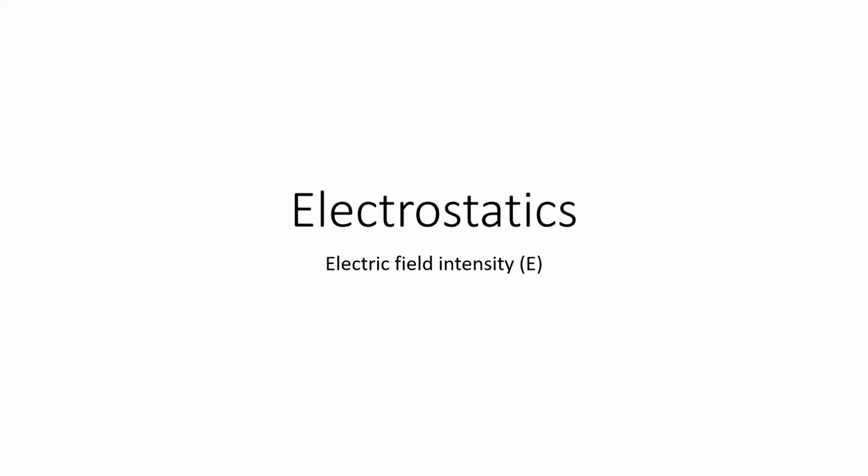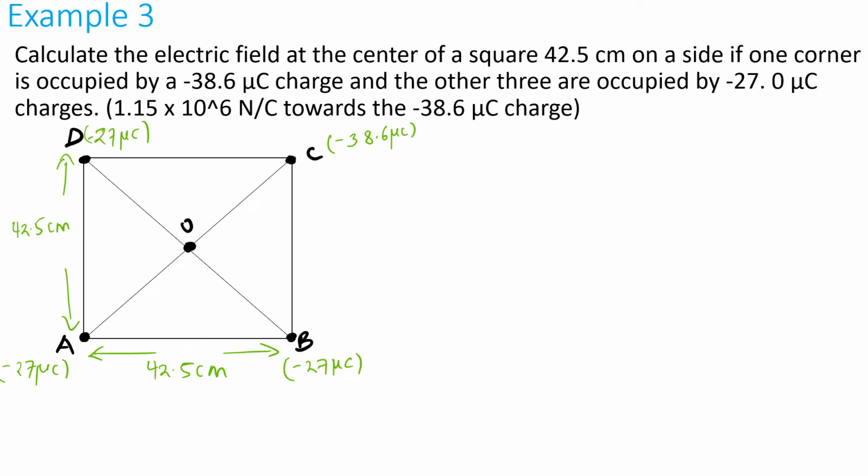Welcome to this topic, electrostatics. We continue to emphasize the numerical calculations about electric field intensity, which is denoted with E. We have example 3, which reads: calculate the electric field at a corner of a square, 42.5 centimeter on a